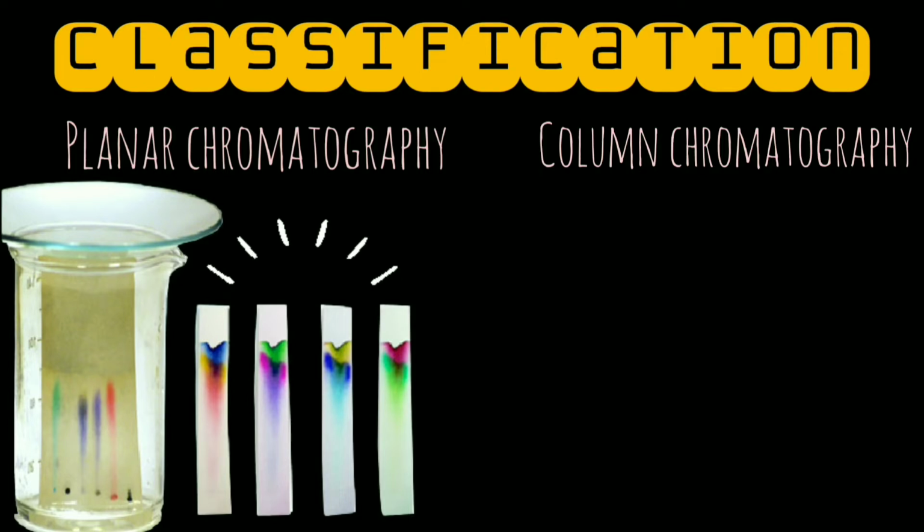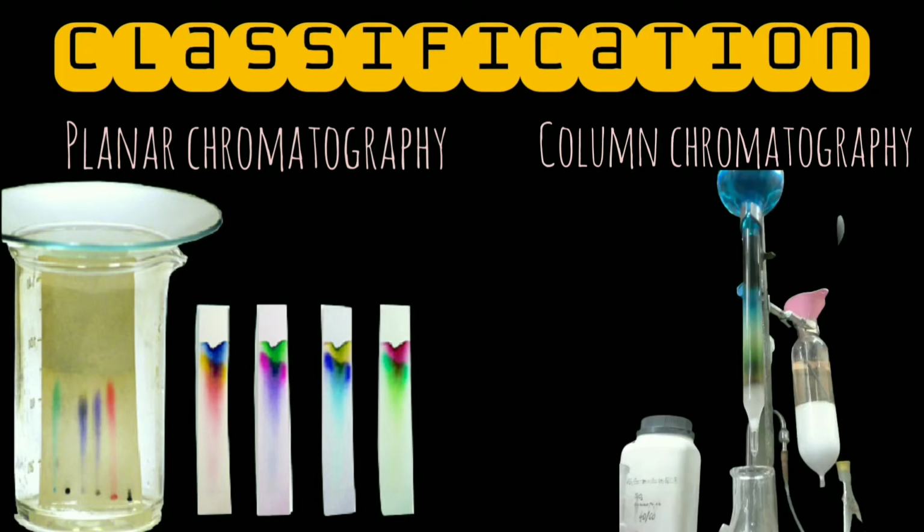In column chromatography, the stationary bed is within a tube. The particles of the solid stationary phase, or support coated with a liquid stationary phase, may fill the whole inside volume of the tube or be concentrated on or along the inside tube wall, leaving an open, unrestricted path for the mobile phase in the middle part of the tube.